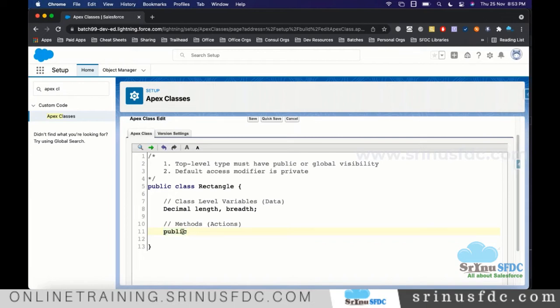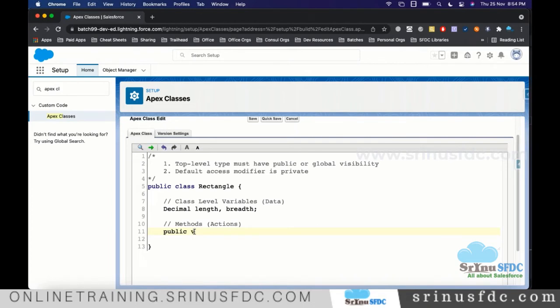So after the access modifier, or if you don't have an access modifier, the next thing is the return type. After executing all the statements, are you expecting any value in return? We have to mention which type of value you are expecting. If you are not expecting anything, at that time we say void. If you do want something in return, we mention the data type, which type of value you want.